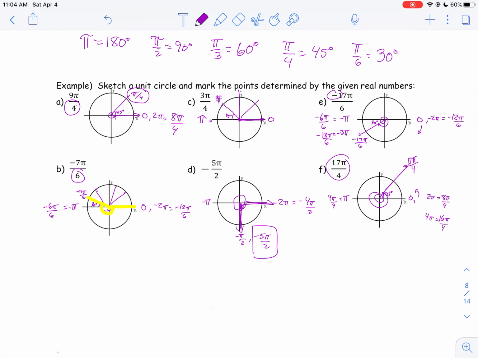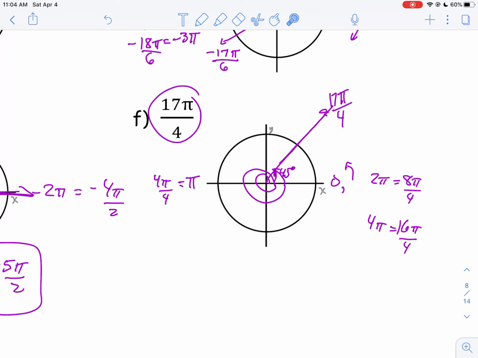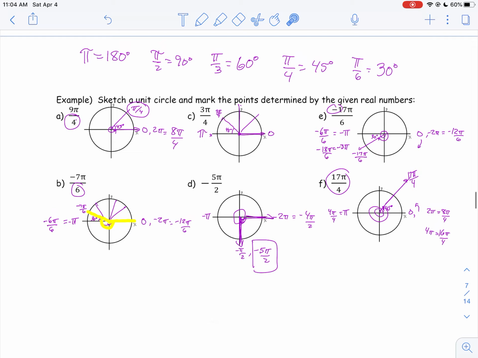So in this video, we looked at how to find angles using the terminal side here and recognizing I'm working with radians and fractions. So to get common denominators, I can think of going around once as 2 pi, which is 8 pi over 4, and then kind of build from there. In this last example, I just counted. I knew pi over 4 was 45 degrees, so I just went 1, 2, 3, 4, 5, 6, 7, 8, 9, 10, 11, 12, 13, 14, 15. I got off one, 17. And that's the danger of counting. So I'll leave you